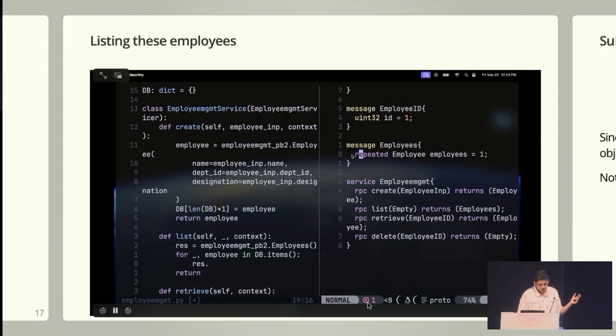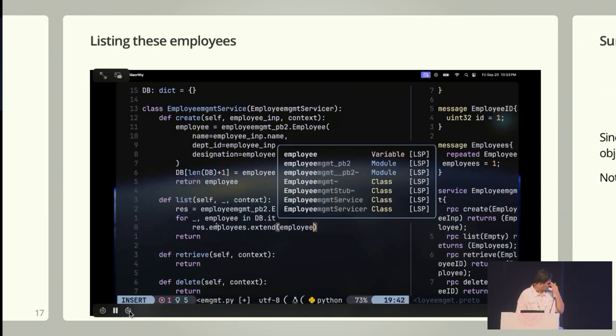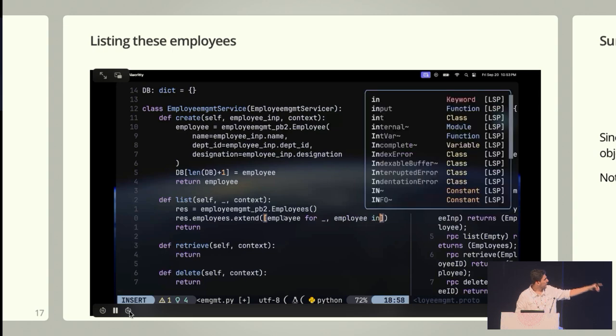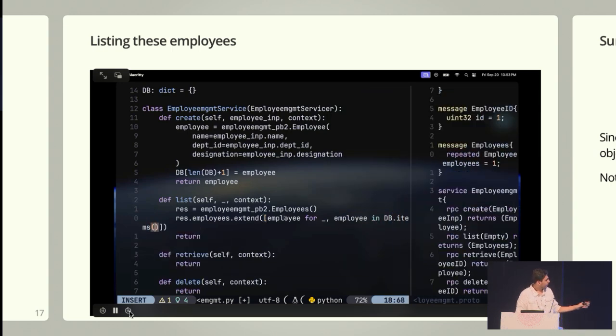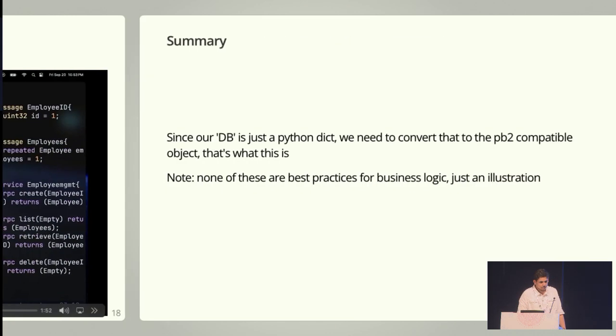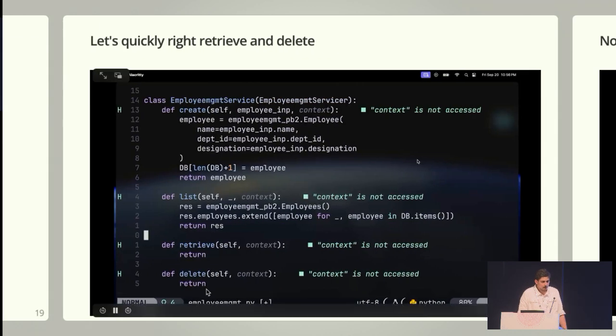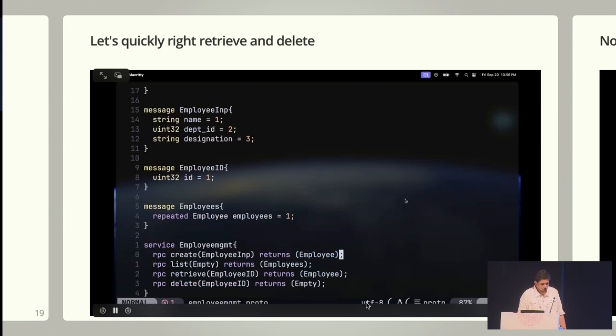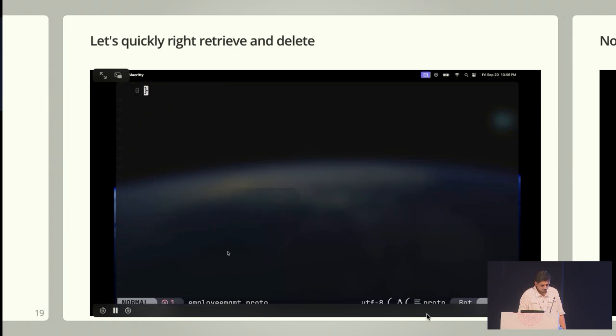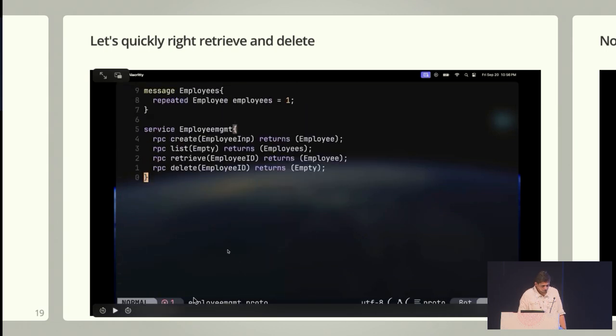So that's what I'm going to do. Yeah, so just iterating through the dictionary and extending the employees and returning it. That's all list is doing here. And similarly, we can also do retrieve and delete, which are,